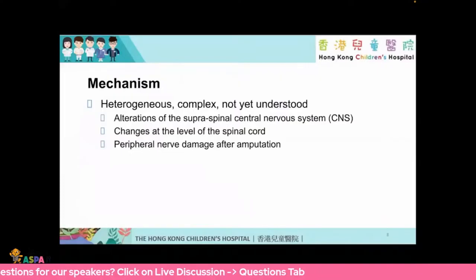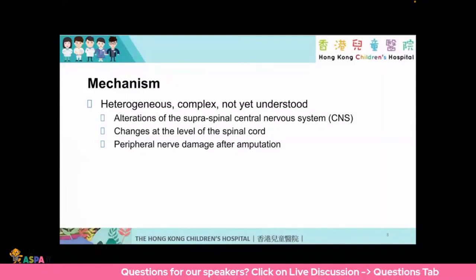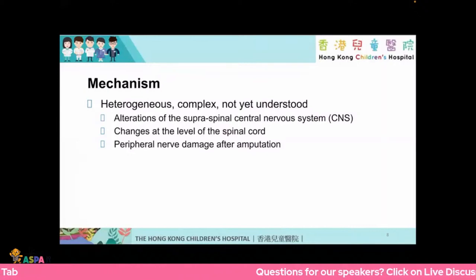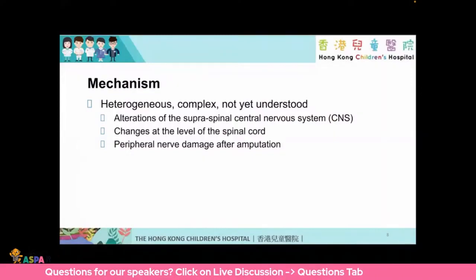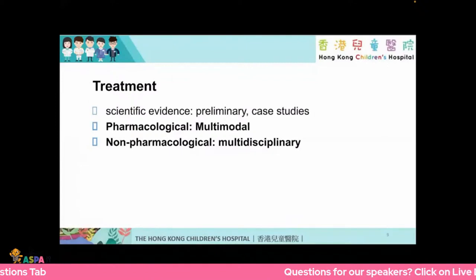Mechanism-wise, this is a heterogeneous, poorly understood and very complex pain. The mechanisms have been described from the central nervous system at the supraspinal level, down to the spinal cord and even the peripheral nerve damage level. So basically, the whole nervous system pathway is believed to be affected. Therefore, the treatment of these pain conditions has been complex, and basically we're using everything that is in our pockets